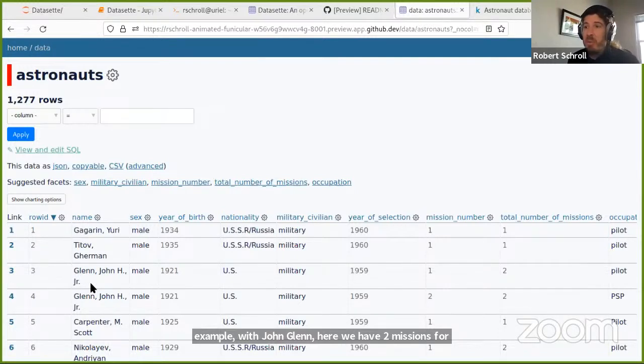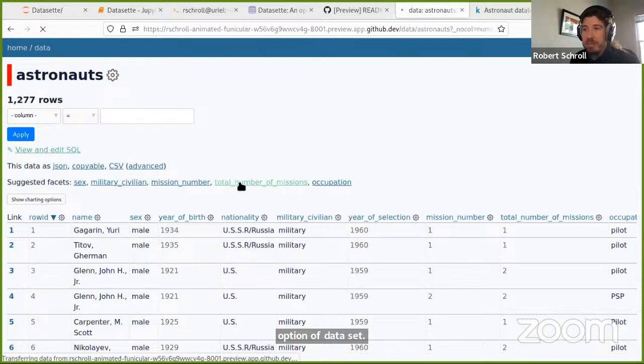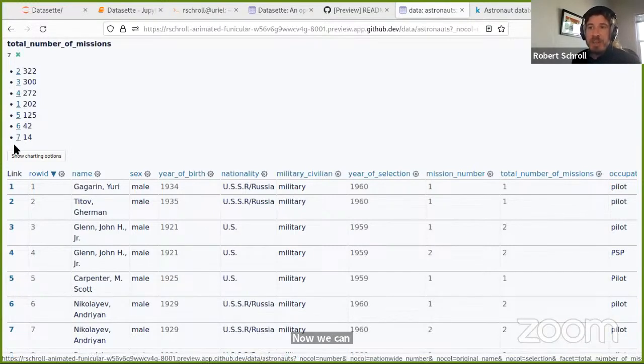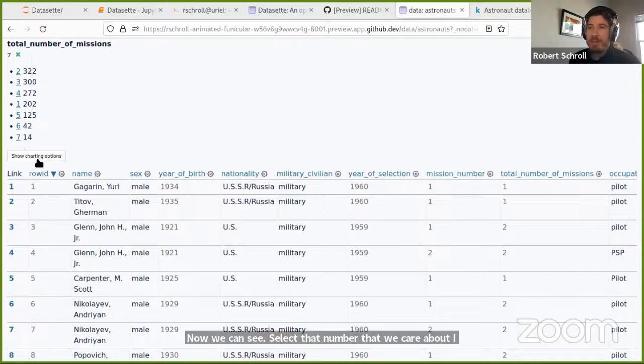So if we want to examine one, we can use this facet option of Datasette. So if we facet on total number of missions, for example, now we can select that number that we care about. And it's telling us here how many rows we have associated with each of those numbers.